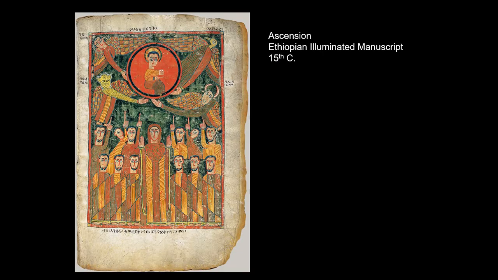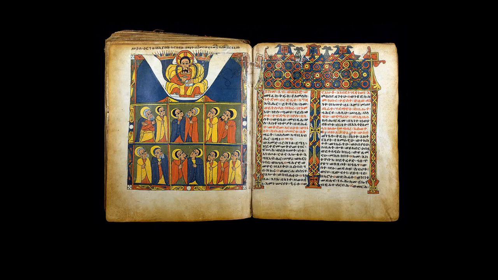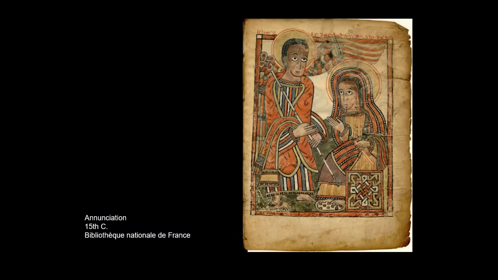We also have Christian manuscripts. Ethiopia is one of the few African countries that had its own script, Amharic, and they wrote down the Christian Gospels and the Bible in their own native script, and they preserved it. So the iconography here is in many ways borrowed from Byzantine or Eastern Christian traditions, but nevertheless it's very unique in that it has a more textile quality. It also clearly shows all of the figures of the Bible as being African. That when we look at these figures, we see that they are clearly African.